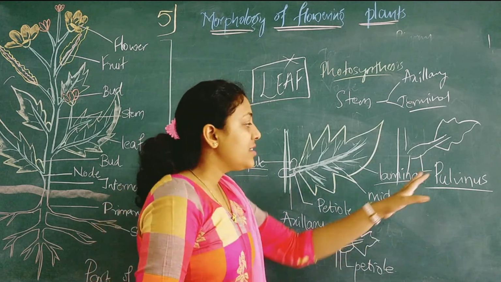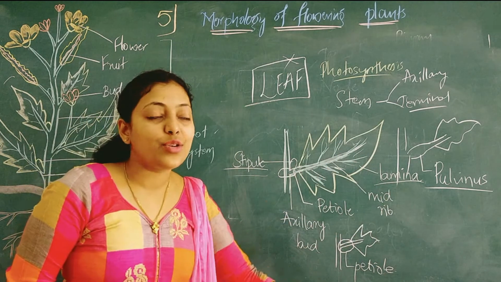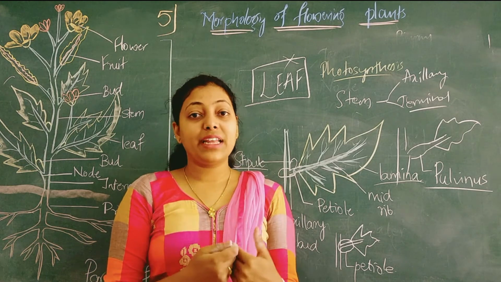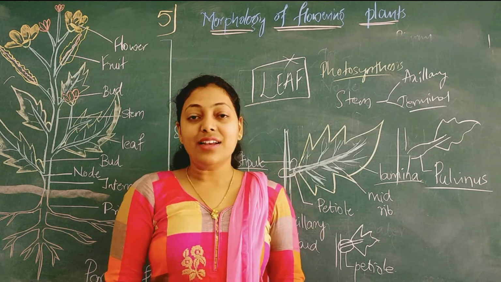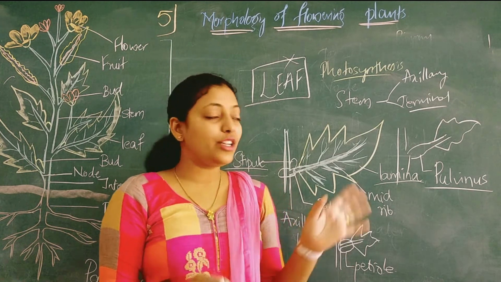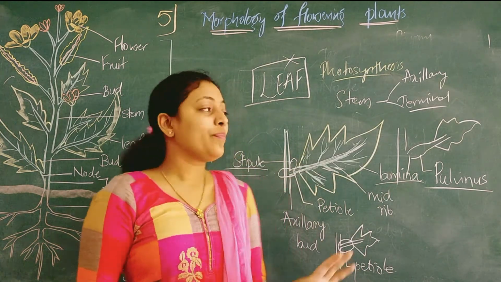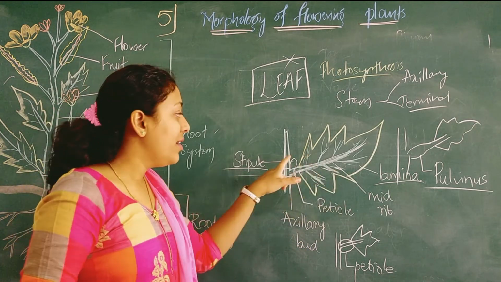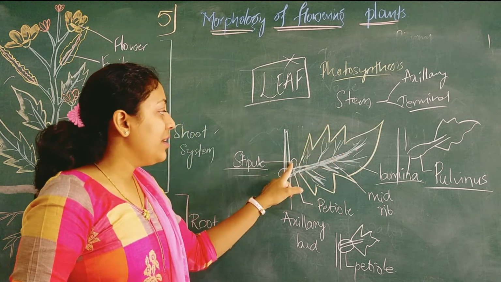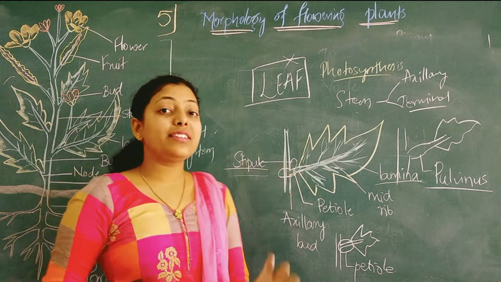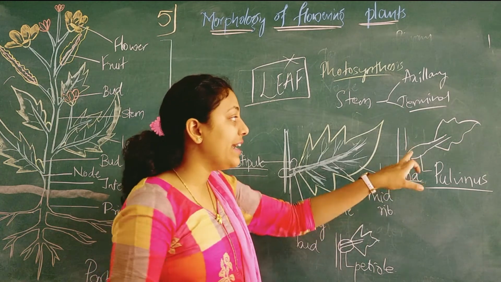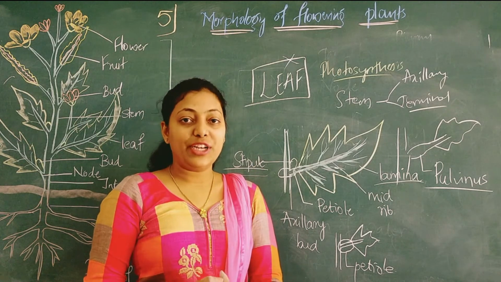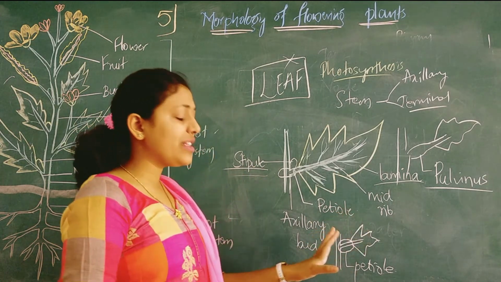Is it clear? Make sure you are not confused with the words over here because these are basic technical terms. That's why I am taking the trouble to make you understand, so I request one thing, that you remember this for your entire life. In case of a leaf we get petiole, lamina, midrib, veins, stipule, and in some cases of leguminous plants we get pulvinus. Pulvinus is the swollen base of a petiole. Is it clear? So this is about leaf.